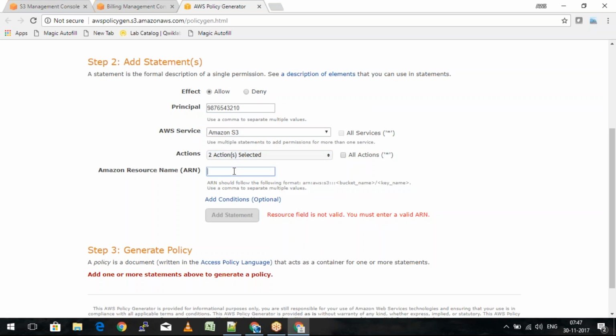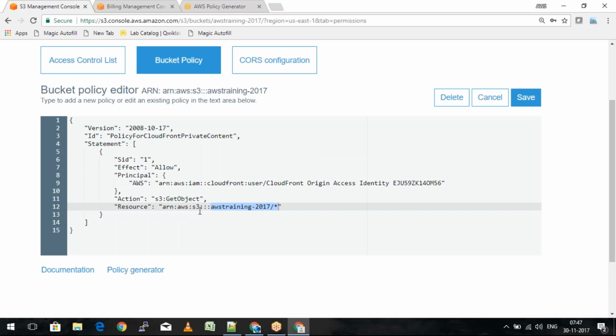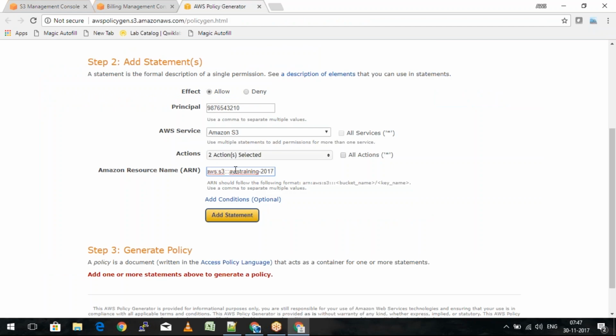And what is the Amazon resource name? So whatever bucket we are inside, what is the Amazon resource name? So I'll just copy this for now. Or you will also be able to see that whenever you click on bucket policy, you will be able to see the ARN name here itself. Right? So ARN is basically Amazon resource name. I'll go ahead and copy this. And then say,